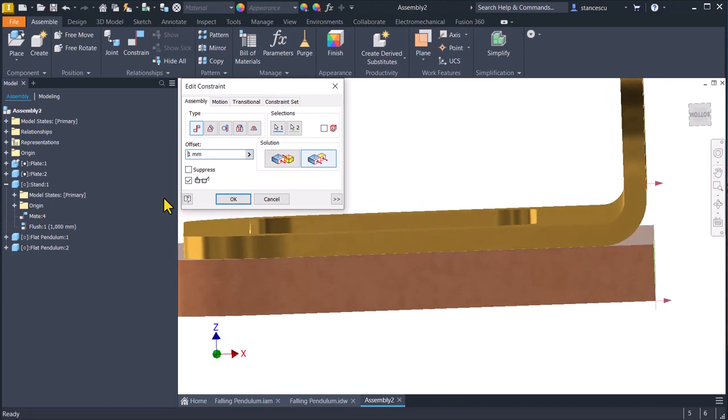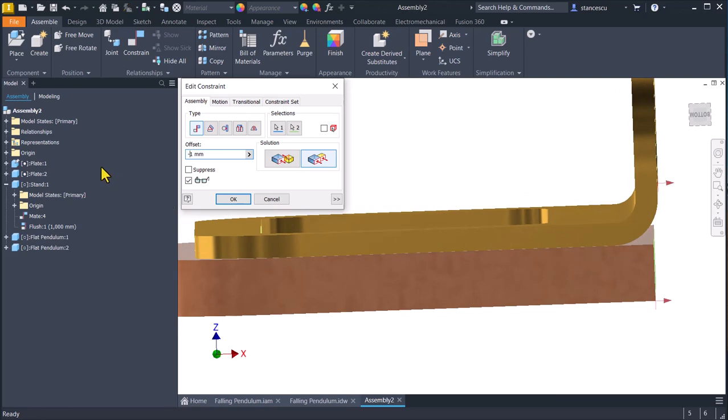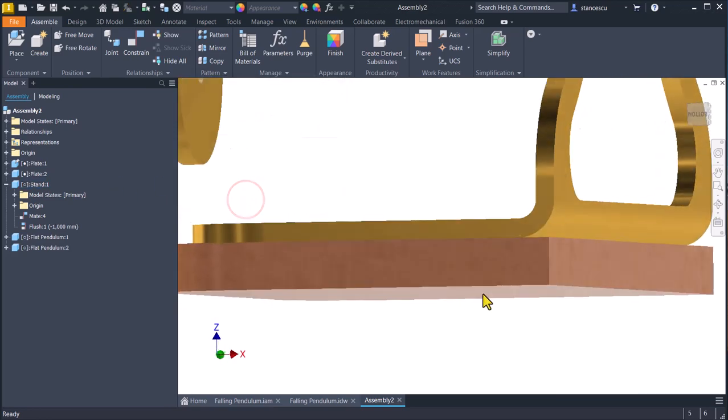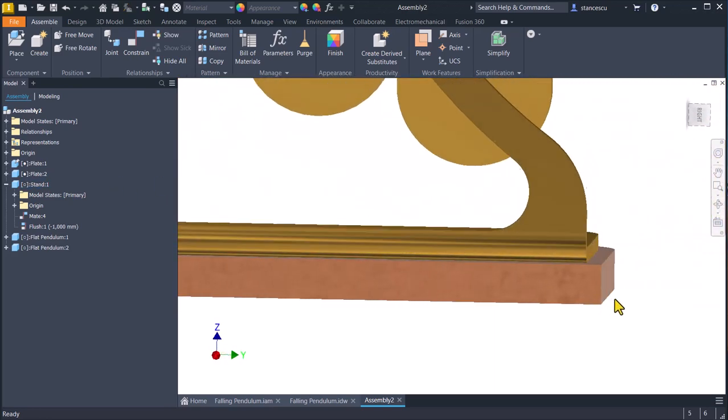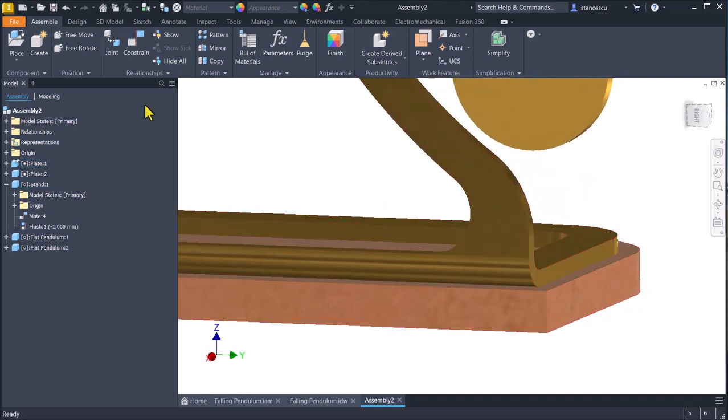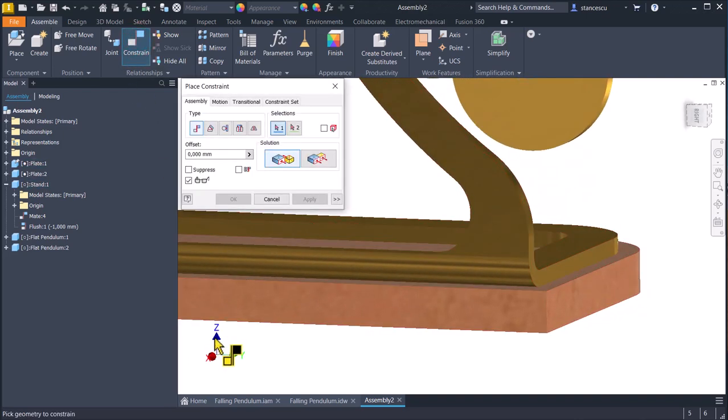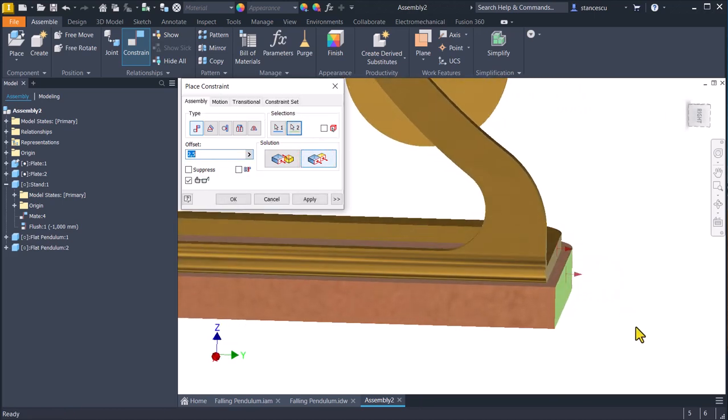Now you see what happens. Yes, okay, 2.5 is here, constraint 2.5, flush this with this. Okay,